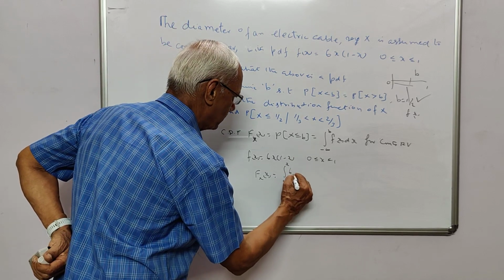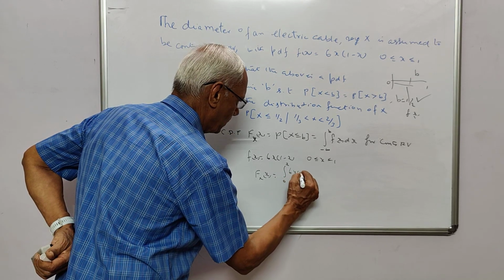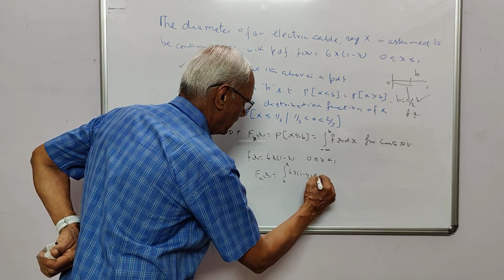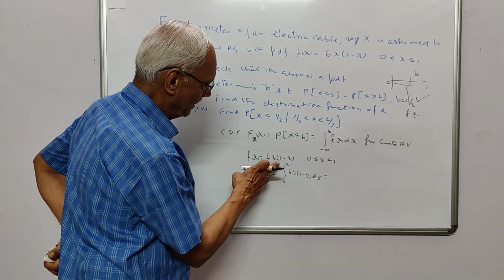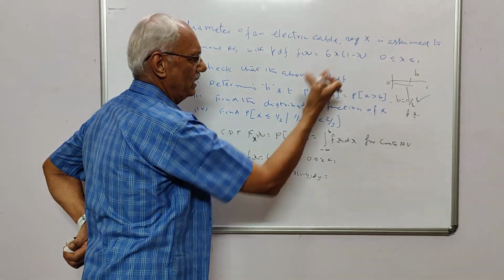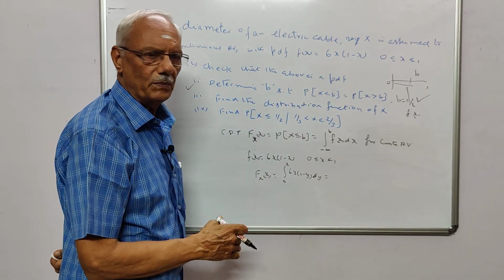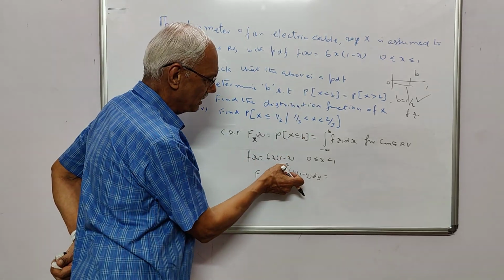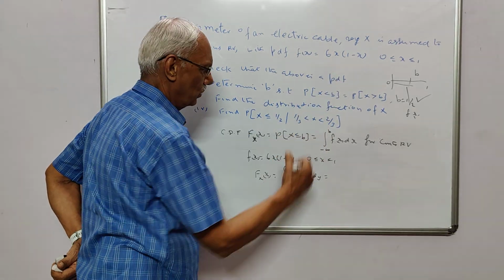You can write this as the integral of 6y(1 − y) dy. Since I am using the x variable as the limit, whether you put x or y is not going to matter at all, after all they are just variables. Because I am going to substitute x, I am changing this variable to y.